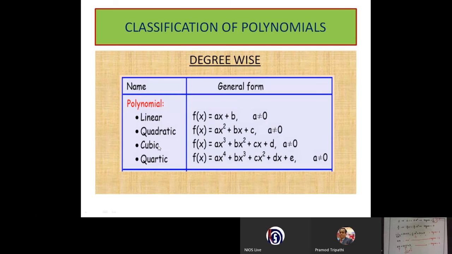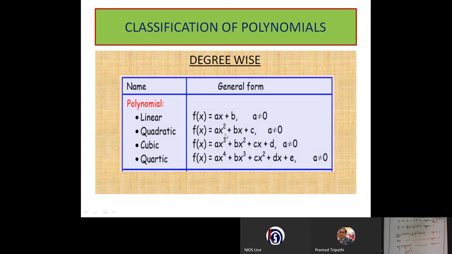In the case of the second polynomial, ax square plus bx plus c, it is compulsory to write that a is not equal to 0. When a becomes 0 in the case of the quadratic polynomial, x square becomes 0 and it becomes bx plus c, a linear polynomial. So it is very important that we define the value of a here. So a is not equal to 0. It should not be equal to 0.